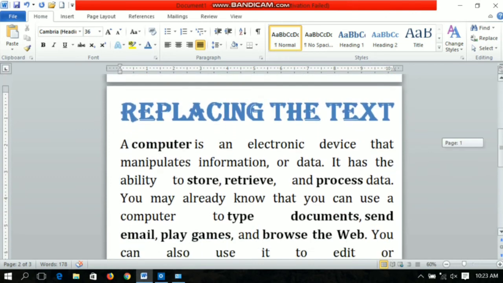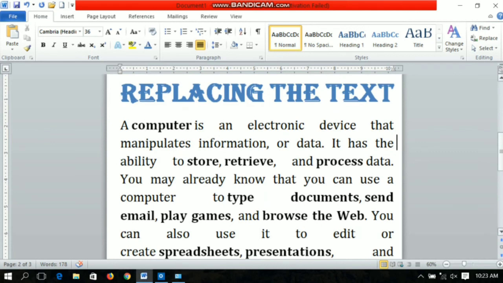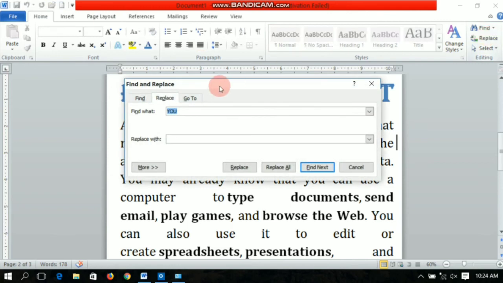Now next is replacing text. In this text we will replace a particular word. Again we will go to the editing option and click on replace. This dialog box will appear, and here it is written find what and replace with.